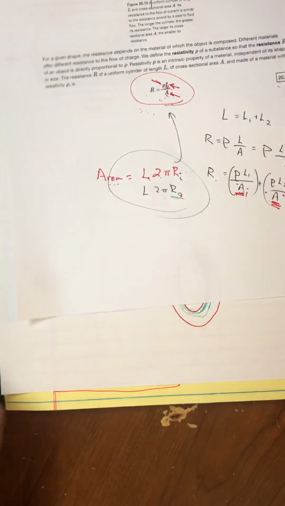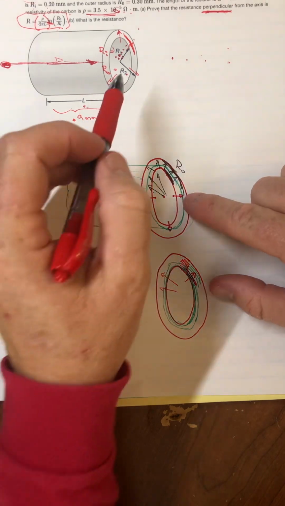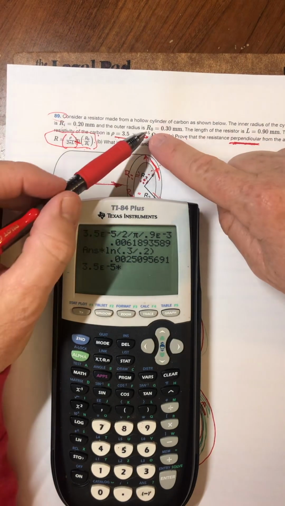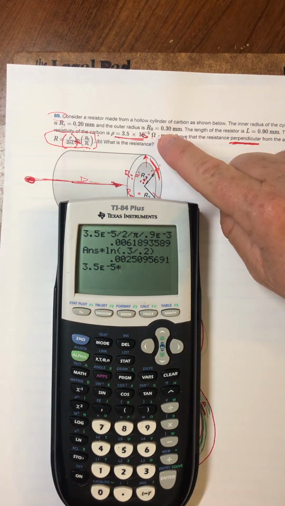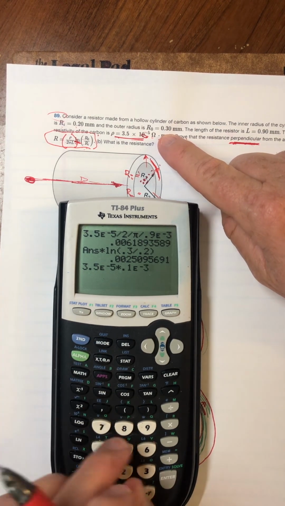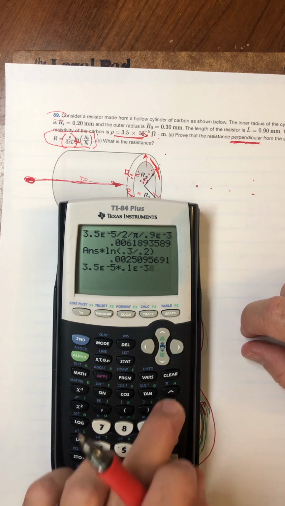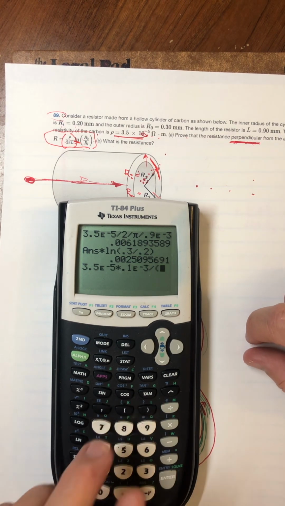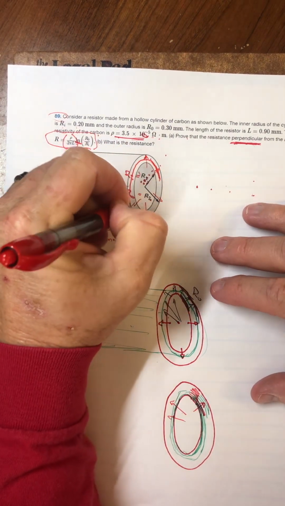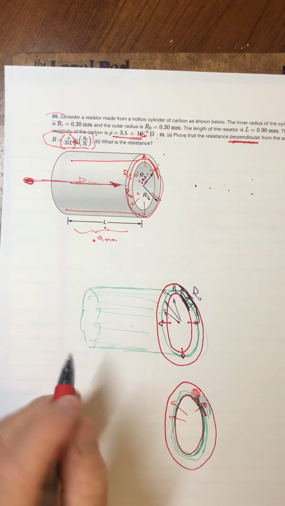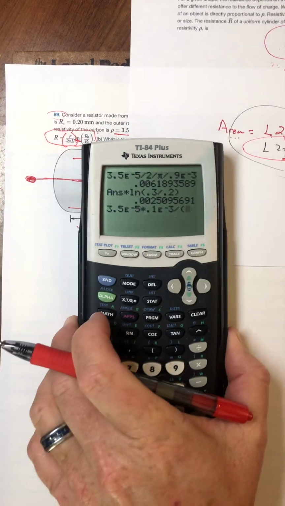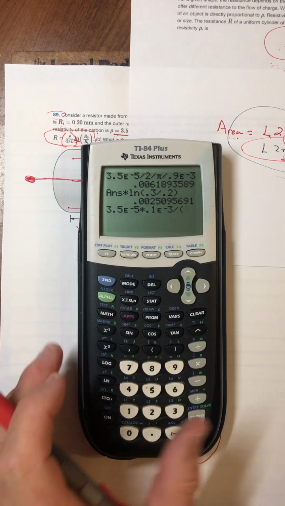The length that it flows is the difference between the inner and outer radius. And you can see that the difference between the inner and outer radius is 0.1. And let me make sure I put it in meters. So it's 0.1 millimeters. Then I can divide by, and so here would be the area, and if you think about the radius halfway between going out, and we use this formula and use the average radius, we would have the length,